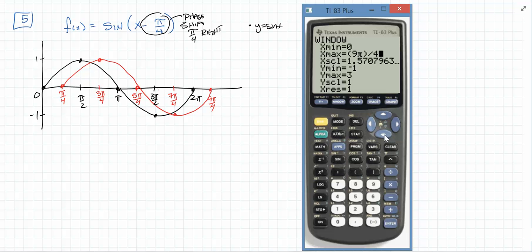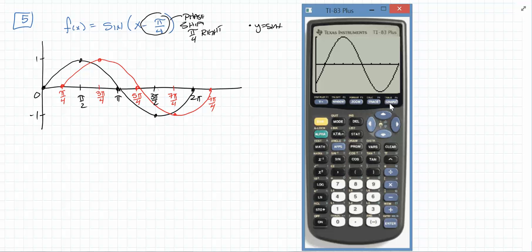Okay, and then when you move your cursor off, it's going to give you the decimal automatically. What's our scale that we're using now? We're no longer using pi over 2 as a scale. What's our scale? Pi over 4. Awesome. Pi divided by 4. Good. What's our lowest y value? -1. Good. What's our highest y value? 1. Awesome. So now the graph that we come up with should match identically the graph of our red one,